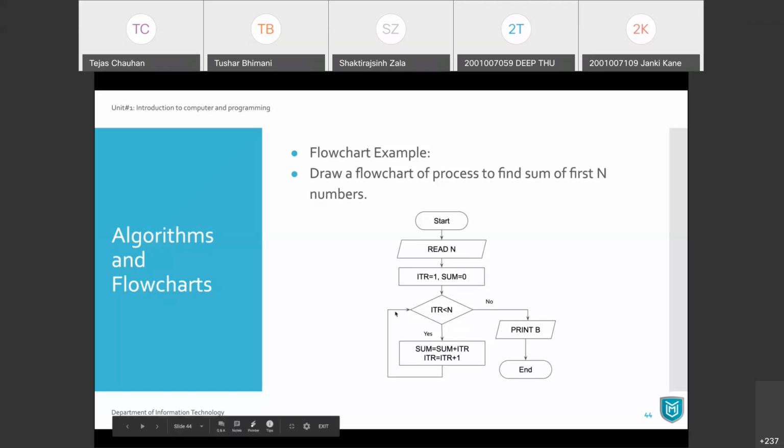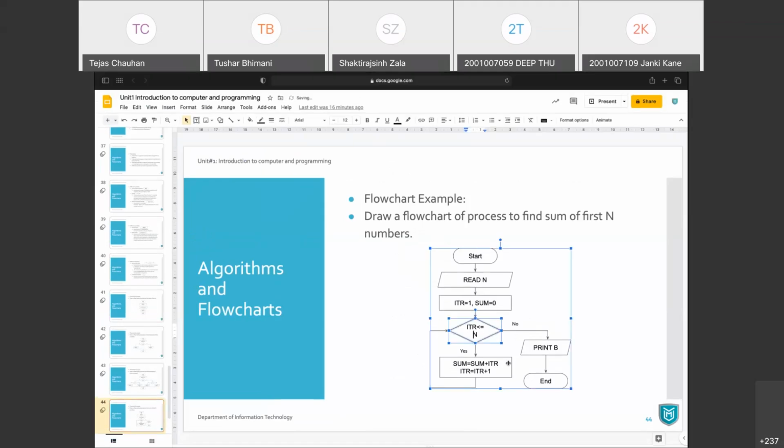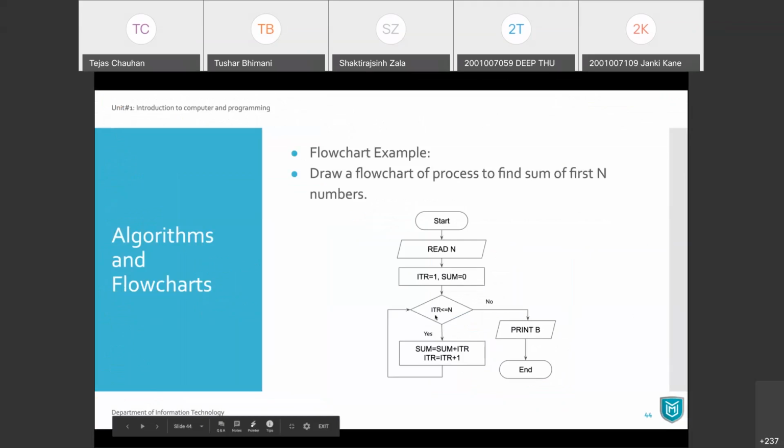Now when I come back, I'm again going to check this condition, ITR less than n. Well, this should have ITR less than or equal to n, okay? Because we initialized ITR with 1 and we go up to n, it should be equal to n. So ITR less than or equal to n.